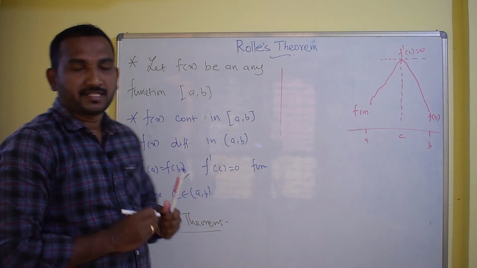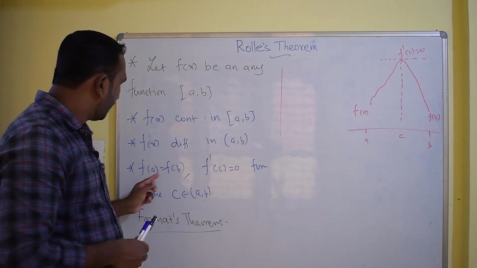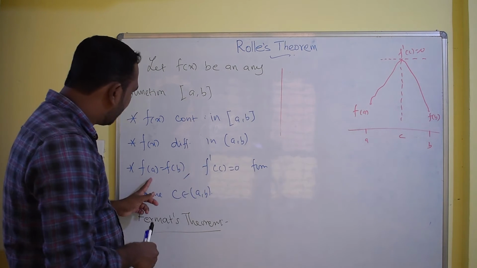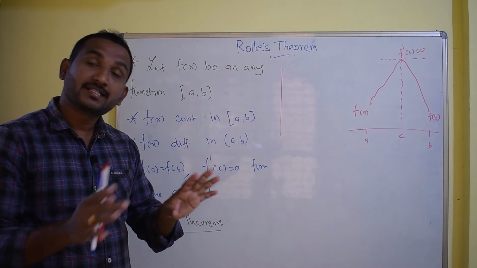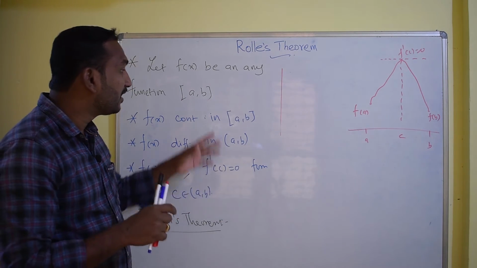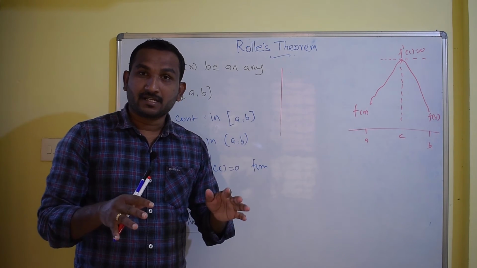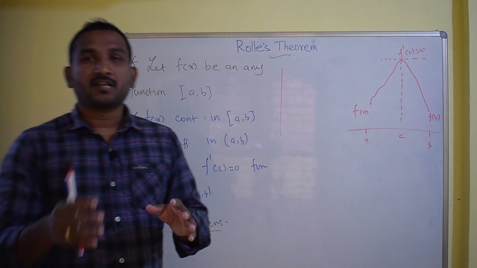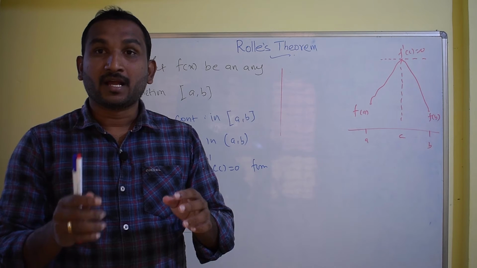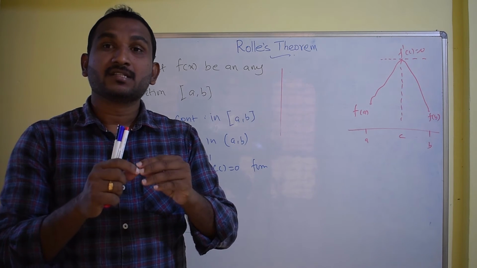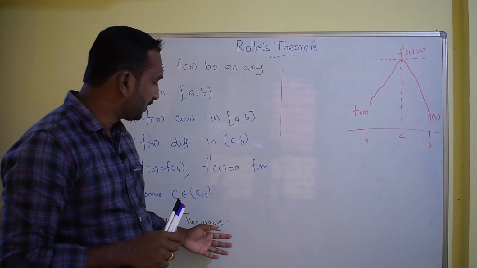What does Fermat's theorem say? Before that, in this Rolle's theorem, in any function where the beginning point and ending point are equal, it has some maxima or minima in that closed interval a comma b. The same theorem says that if you have the starting point and ending point equal, it has a minimum and maximum value, and the derivative at such a value will become 0. So f dash of c will become 0.